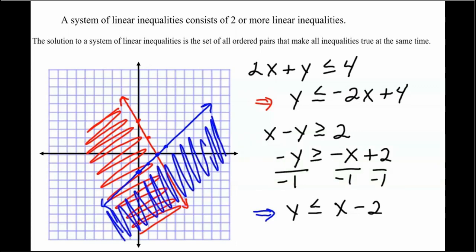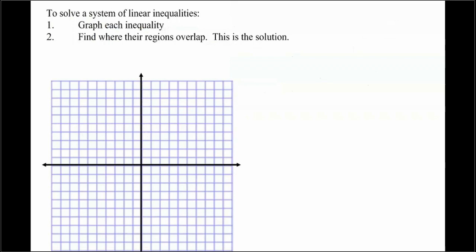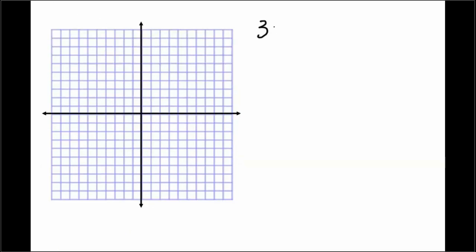The solution now to this system is where the two regions overlap, so where we have the red and the blue shading is the solution. So to solve a system of linear inequalities, graph each inequality, then find where their regions overlap. This is the solution. The second system that we're going to graph will begin with 3x plus 4y is less